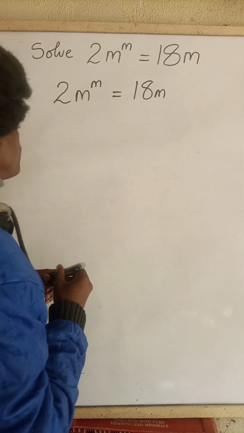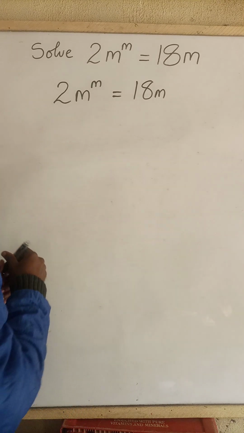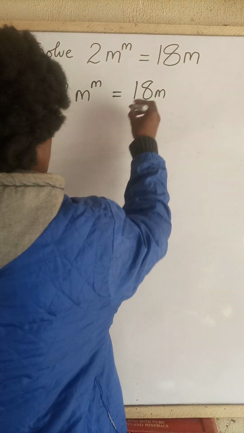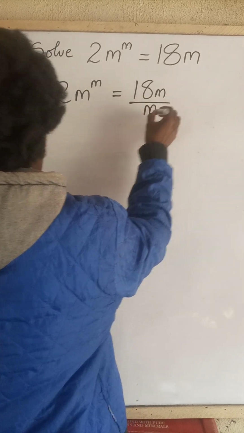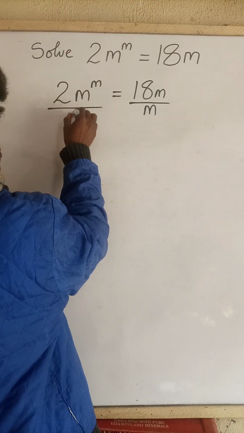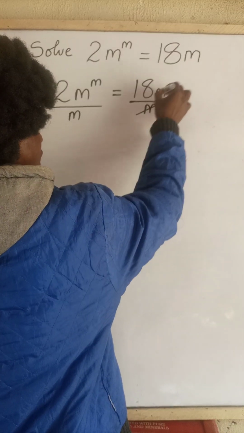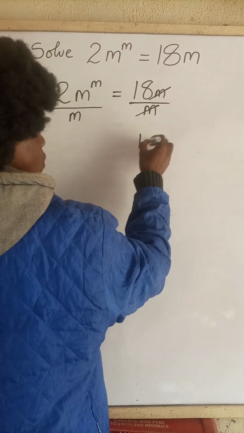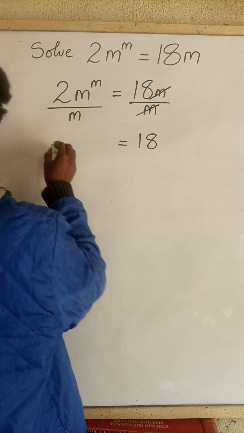Okay, now to solve this question, I think I will start by dividing both sides by m. So 18m divided by m, and the 2m power m divided by m as well. So this and this will cancel out. We are left with 18, which is equal to 2